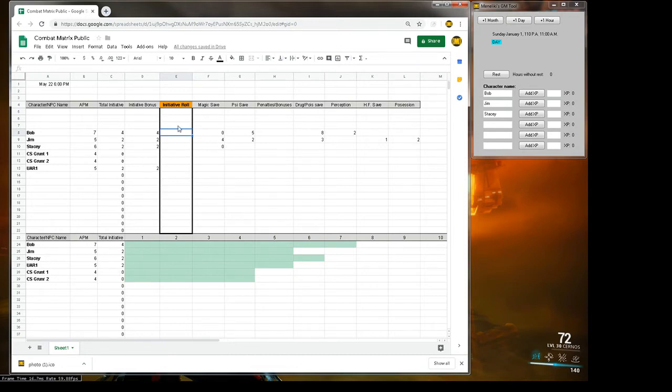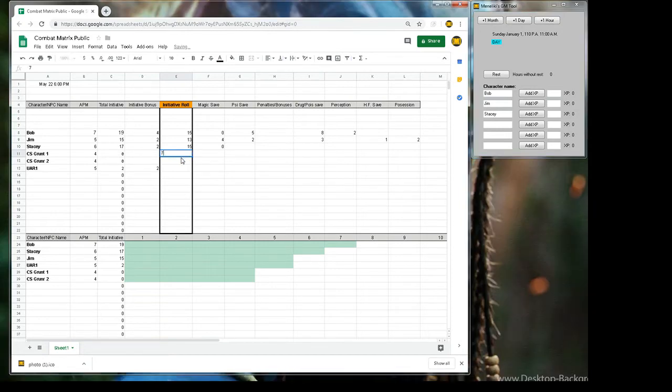Let's put in their initiative rolls. Say Bob gets a 15, Jim gets a 13, Stacy gets a 15, the grunt gets a 7, and maybe an 8, 5, and a 9, whatever. It takes this initiative roll and adds whatever initiative bonus they have built in. You type that in when you start. Same thing with your NPCs here. It's going to calculate the total initiative here,